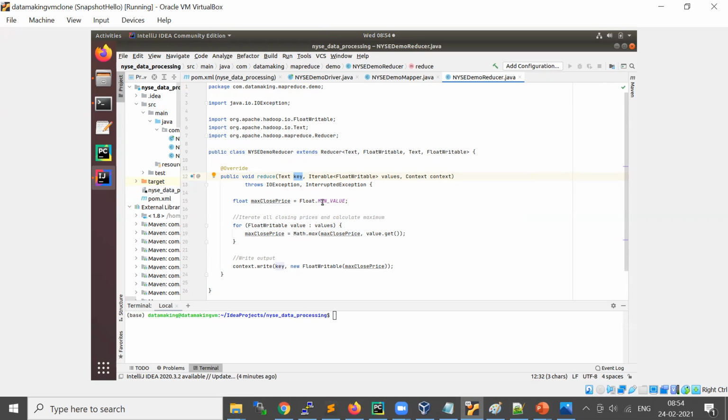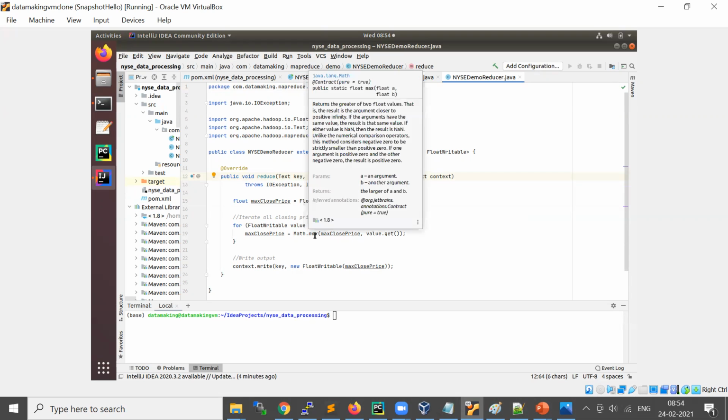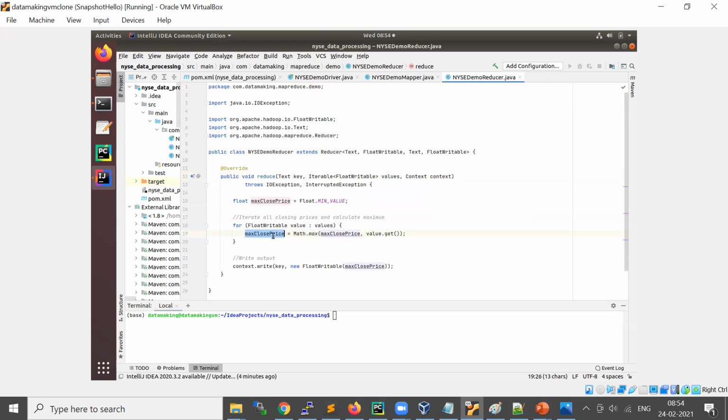First we declare one variable called maxClosingPrice and set it to the minimum value of the float data type. Then you loop through each element in this collection, finding the maximum and storing it, so it iterates over all the elements to find the maximum price, and that is written to HDFS.